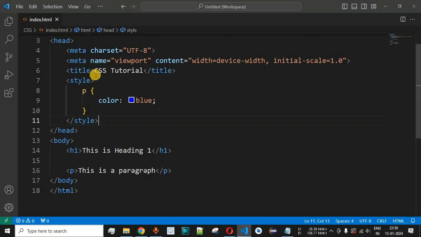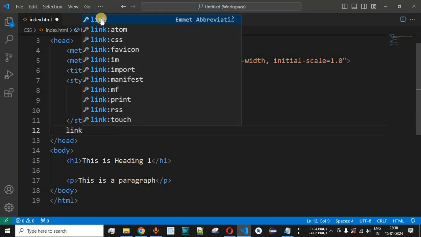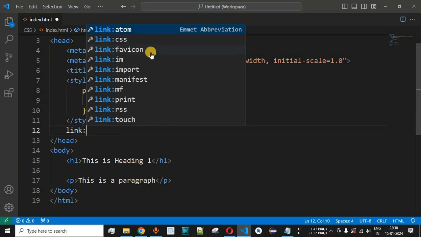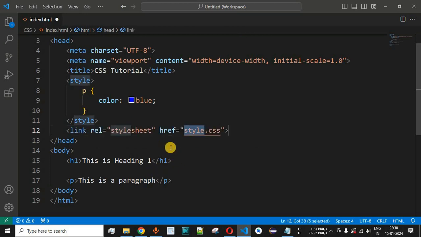So what we can do is simply over here inside the head tag, we provide the link tag over here. So guys, in this case, link followed by colon, and then we have something called as CSS. So as you can see, this is the Emmet abbreviation that is provided by the VS Code. We click on this particular option, and then you can see that the relation, that is rel attribute, it is being defined as style sheet, and href attribute is having the name of the CSS file, that is style.css. So guys, we can provide any name over here, but the extension should be .css in this case, in order to have the CSS property being defined in the external file.